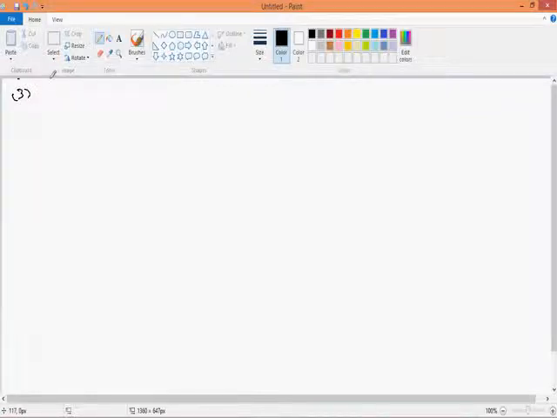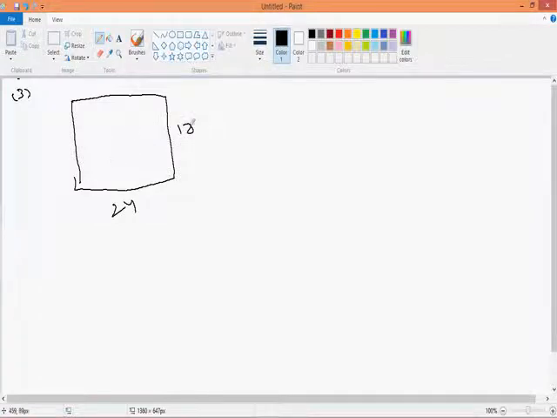A square of side 3 cm is cut off from each corner of a rectangular sheet. So first we are going to draw a rectangular sheet. I hope you have read the question; I don't need to read it again. Read the question carefully. Suppose this is 24, this is 18. A square is cut out from all 4 corners. So this is a square, this is a square, this is a square, and this is a square.